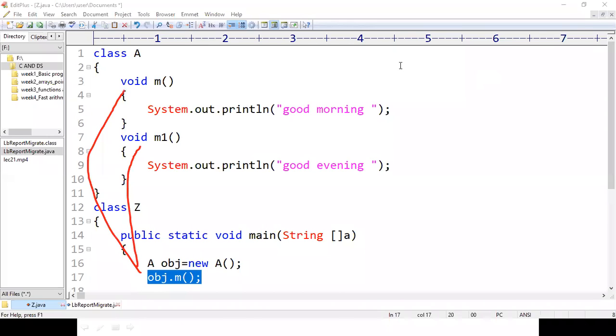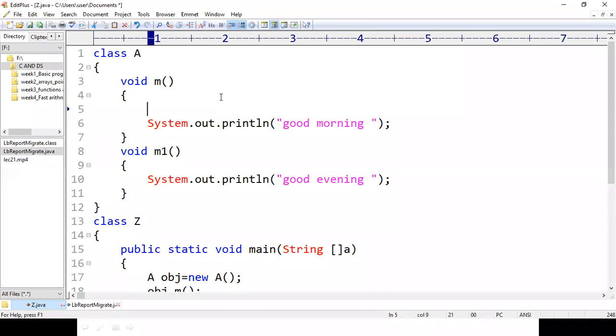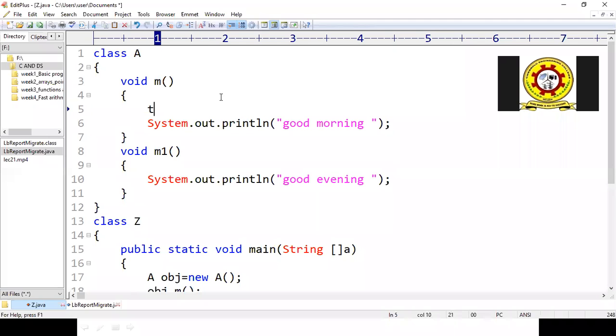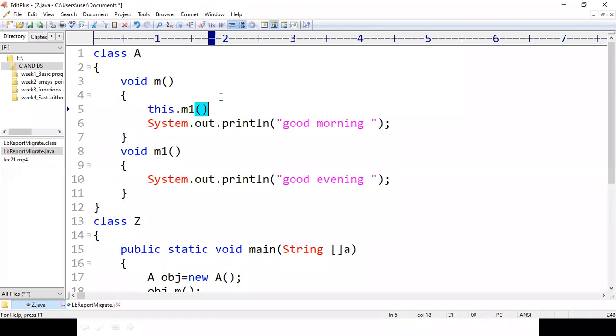Simply, if I use this.m1 here, this statement will execute the method m1 which is present in this class. So this.m1 refers to the current class method.